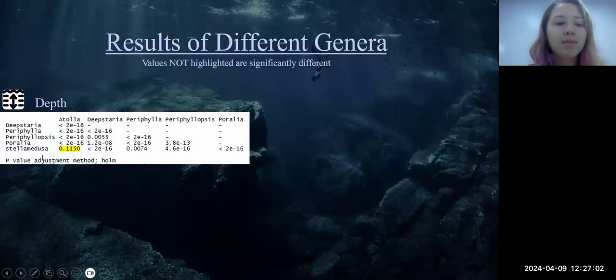So this is something else that I did in R. This is called a Wilcox rank sum test. It's something that we do when we don't have evenly distributed data. And basically, it's comparing each of the genera of jellyfish to each other. So we see here, for instance, that my Atolla and Deepsteria were occupying significantly different depths, which means that I